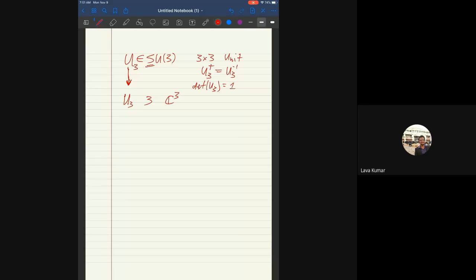Now, however, there's another representation which is not equivalent, which is that I take my original element and I map it to the complex conjugate of this matrix. The matrix that I represent it by is the complex conjugate of the original matrix I started with. That's also a representation of SU3. That also preserves the product in SU3. That representation is what particle physicists would call 3 bar, and what in my notation on the previous page I would call C3 star. Okay, so for any group SUN,